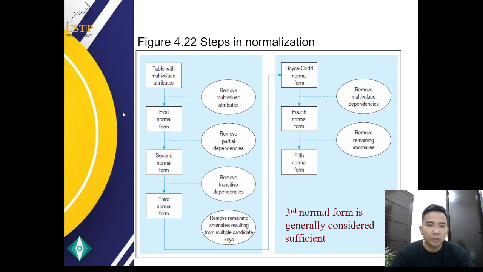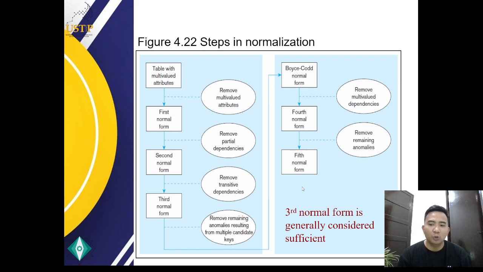In the Boyce-Codd normal form, remove remaining anomalies. This step involves identifying and removing any remaining anomalies that result from multiple candidate keys. And let's proceed with the fourth normal form. In the fourth normal form, you remove multi-value dependencies.